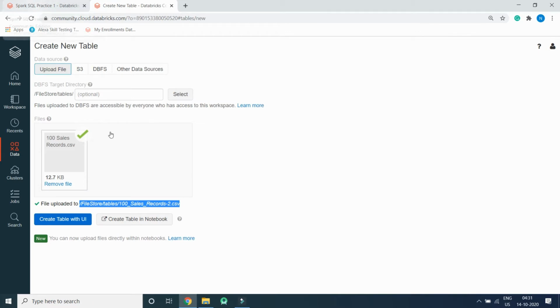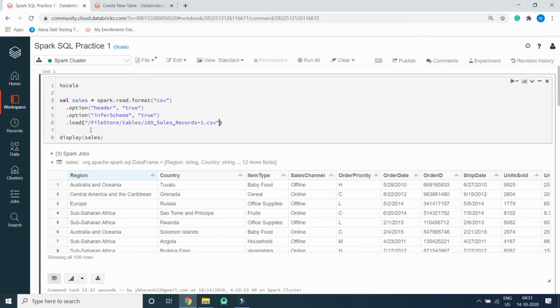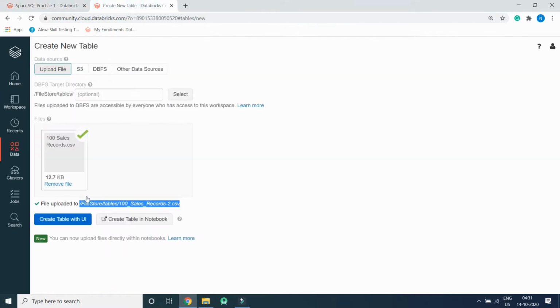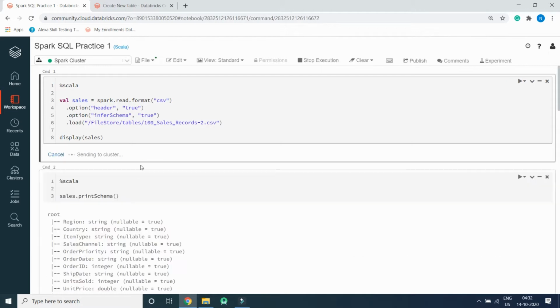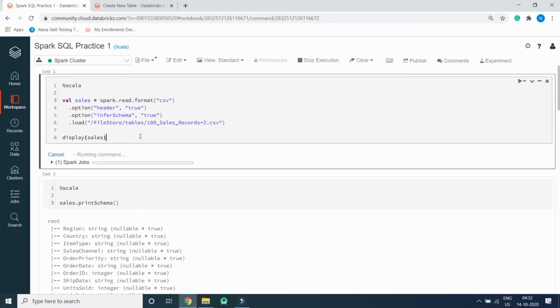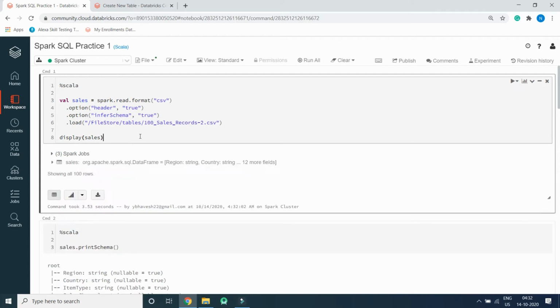So we are using FileStore tables 100 sales record 1.csv. We can also use this 2.csv. And we are displaying the record. So this is how we load a CSV file into the Databricks environment.